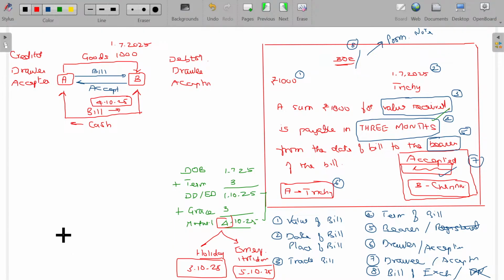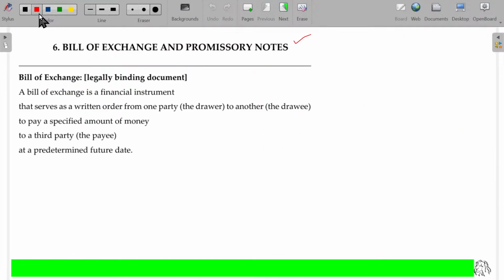Okay, let's see. Bill of exchange. I'll give all the theory here. Now,